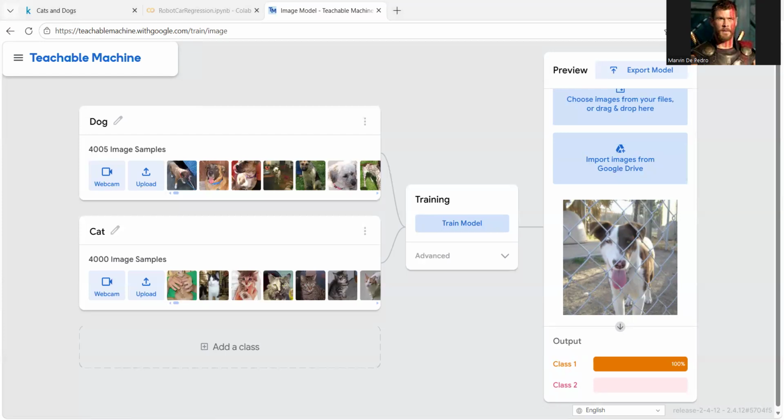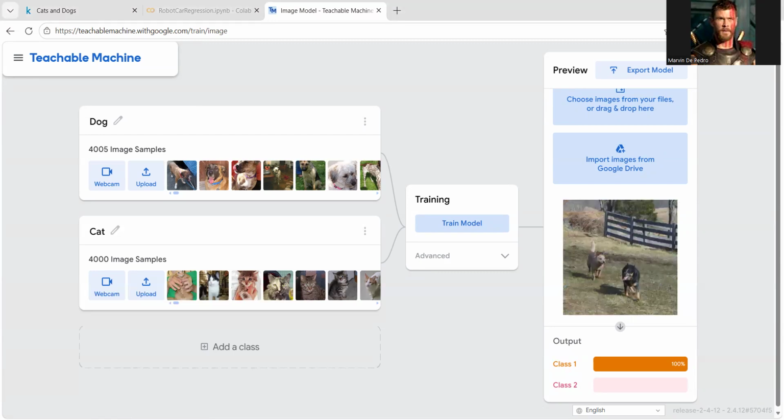Okay, let's have another picture of a dog somewhere below. Let's try to look for a more odd one. Okay, this one. This image has two dogs in it. Let's see if the model can correctly predict what it is. Okay, I'll try again. Okay, I think that's the answer already.